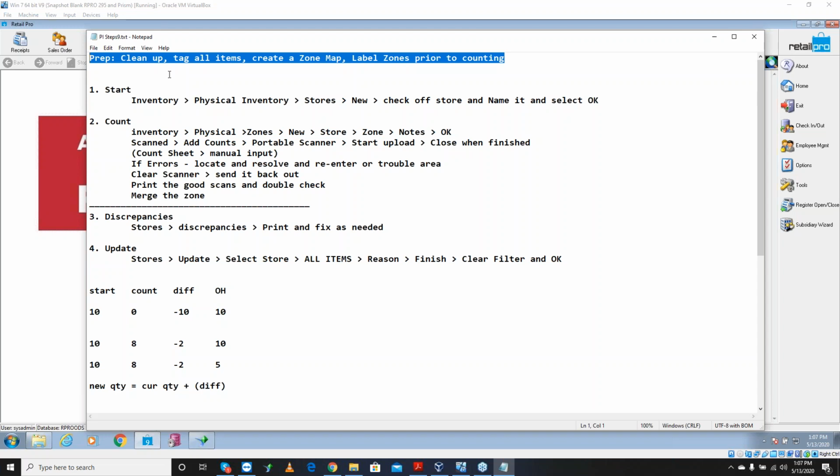So the prep is vitally important. If you're not ready to do a physical, physicals are very expensive. It's a huge investment in time, payroll, and resources, so be careful with that. All right, that being said,